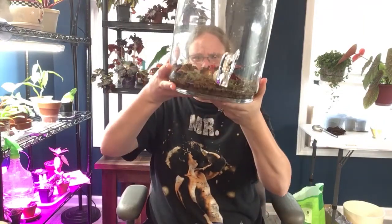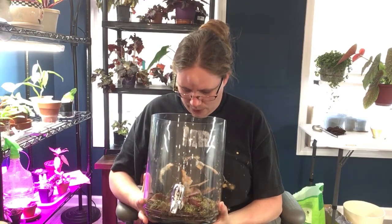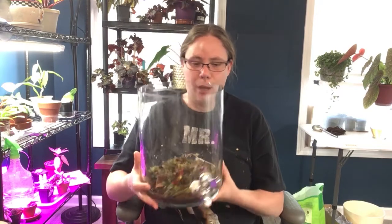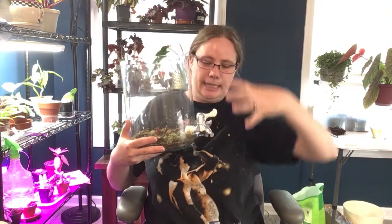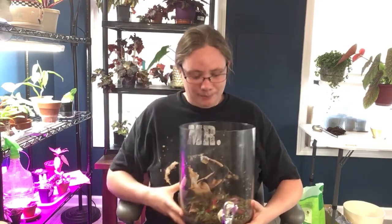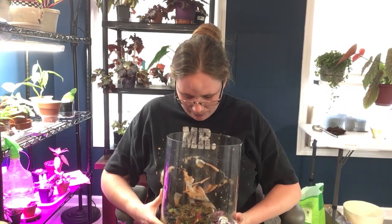So some of you might be familiar with my terrarium that I've been using for propagating. It's an old water jug, or I guess not water, drink, and you pour the drink out through here, but I just use it because it's glass. It has a lid, the lid's over there. I've been keeping the lid off of this because I've noticed that